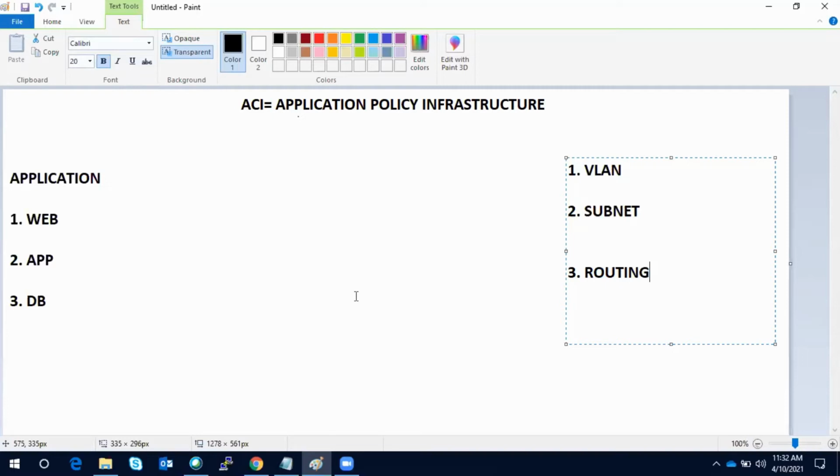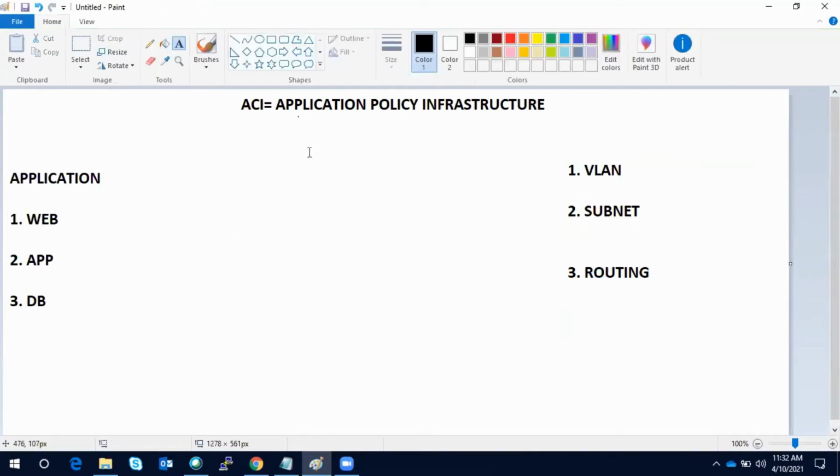If you are building an infrastructure that does not support the application, indirectly it means it is not supporting the revenue. So the network team or network layer always tries to deploy in a way that facilitates application deployment. Now, in ACI, how is this problem solved?